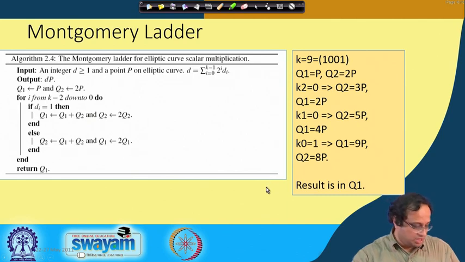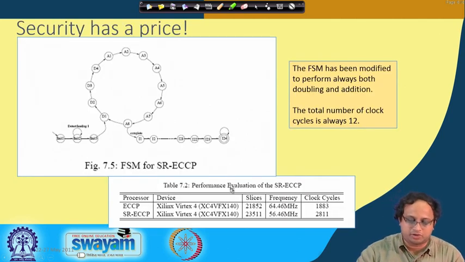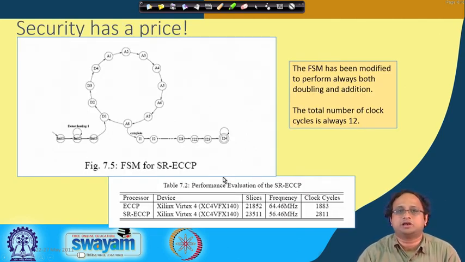Now we will consider how we can make it protected against further power analysis. For example, even though it protects against simple power attacks, this is not secured against differential power attacks, which try to exploit the fact that power consumed depends not only upon the operation, but also, for the same operation, it depends upon data. Therefore this design would still be vulnerable against DPA. So in order to protect against DPA, we need to do something more.